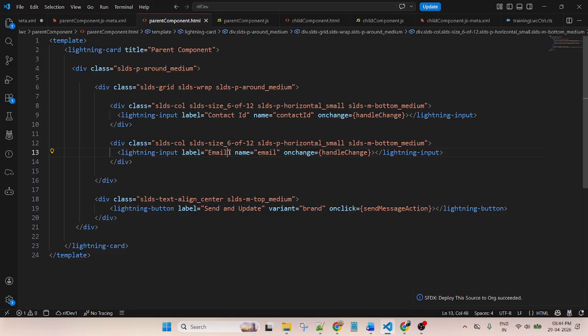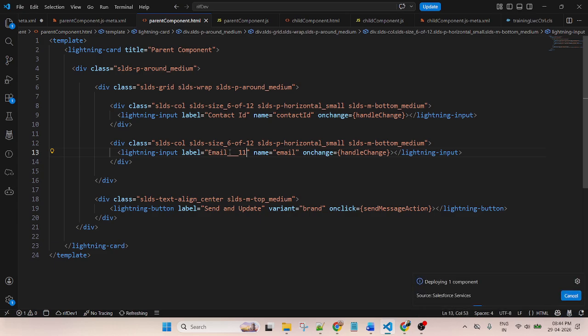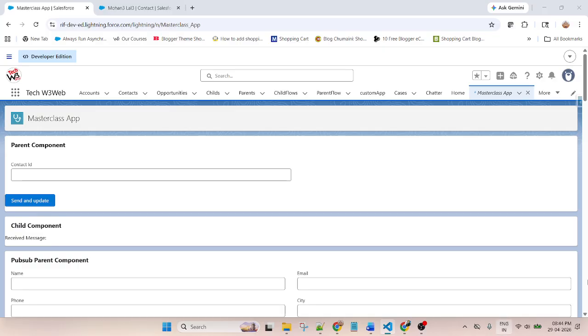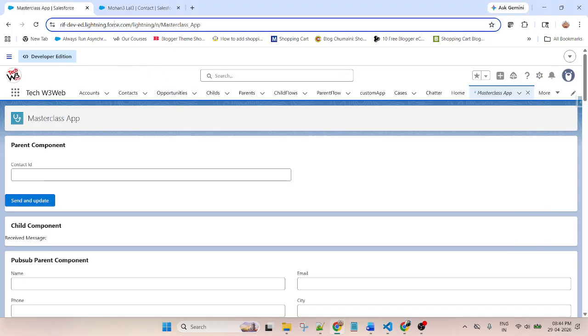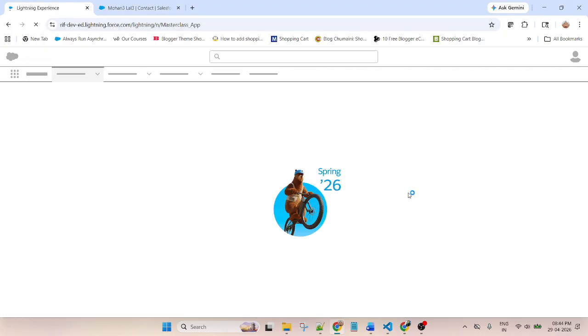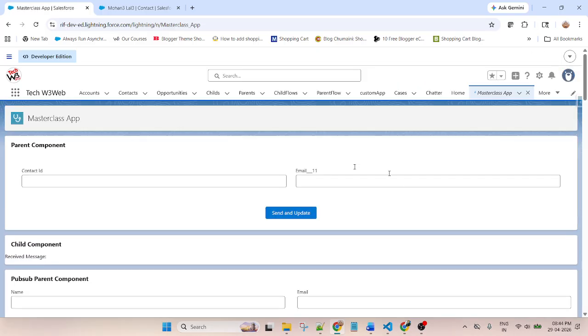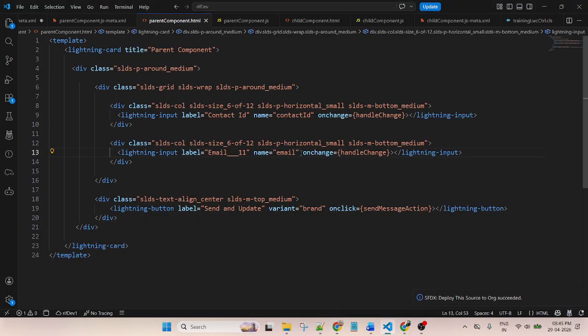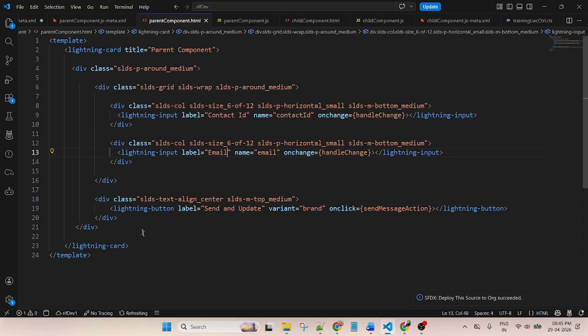Let's suppose I change the label to 111. Is it updated or not? Yeah, it is displayed. So deploy.